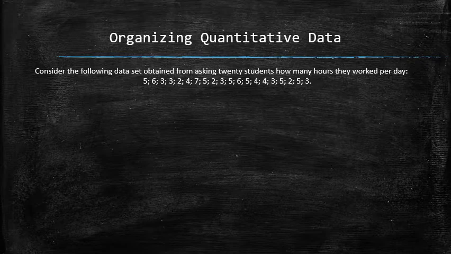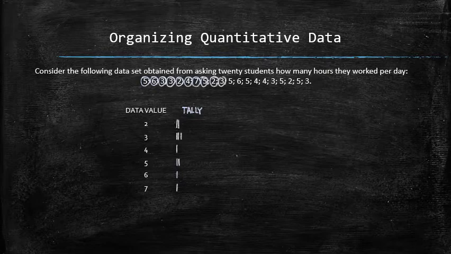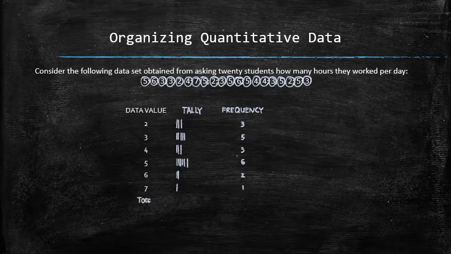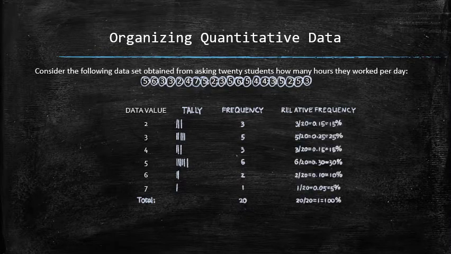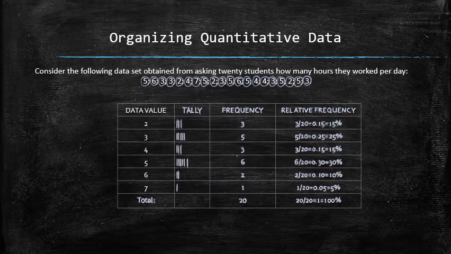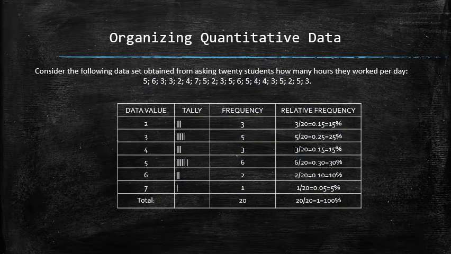Note that this discrete data is classified as small discrete, as rarely a part-time employee works more than 8 hours per day. Can we treat this dataset the same way we treated qualitative datasets previously? The answer is yes. We can list all possible values, do the tally, find the frequencies and the total, and then compute the relative frequencies. So we can construct a relative frequency distribution table for small discrete data the same way we did it earlier